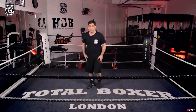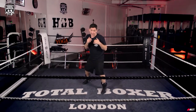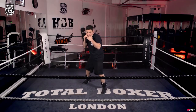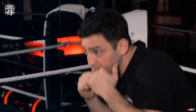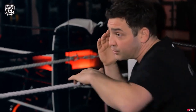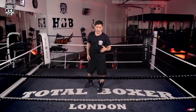Takes a bit of practice, but make sure you've got your nice strong stance. Again, slip either left or right, and just bringing the weight to the other leg. Full turn here, or just here. You're creating effectively an arc so as to come under the punch and then look to either throw a punch or another defensive maneuver. The roll is a tricky thing to master and feel comfortable with, but with practice,